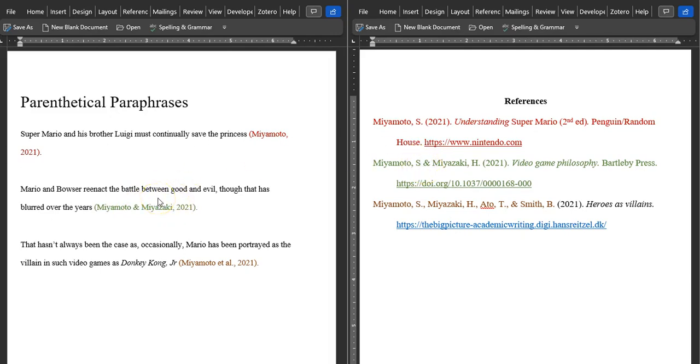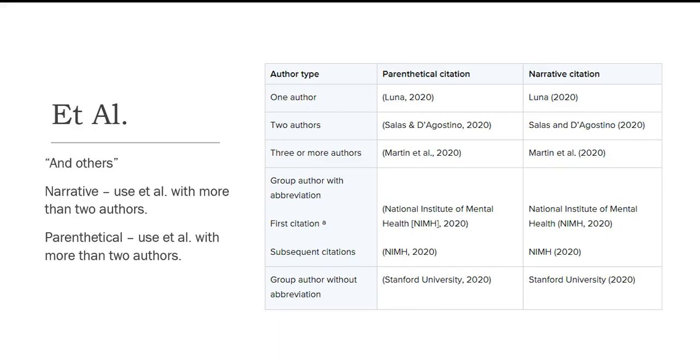I'll show you a table that breaks down how authors and multiple authors are supposed to show up in your papers based on APA conventions, and this table will be linked in the description below. Et al. is a common phrase found in scholarly writing. It means "and others" in Latin, and it is used when you have more than two authors. There's a joke that asks how you would feel if you were a scientist or a researcher and you appeared as et al. in your paper.